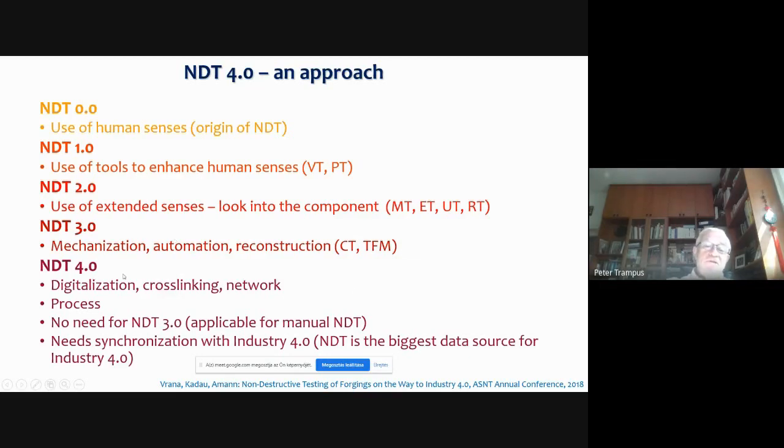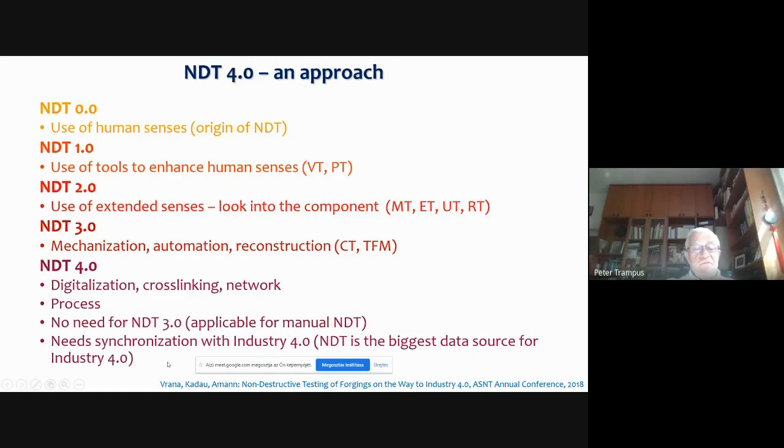And 4.0 is basically the concept of digitalization, cross-linking, networking, all of this, with no need for the 3.0. Is 4.0 even applicable to manual NDT?